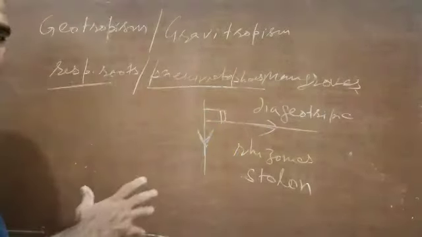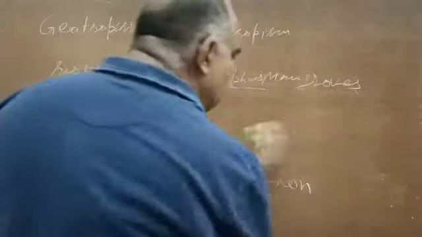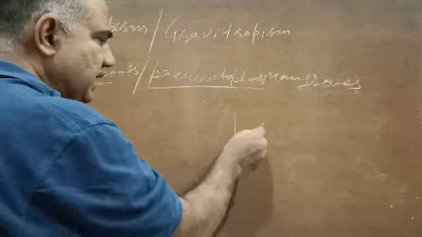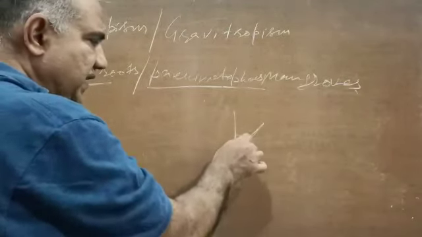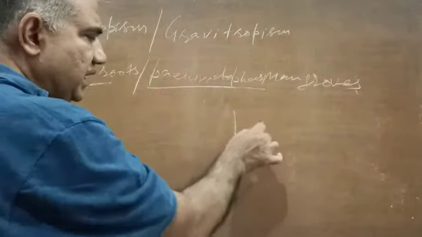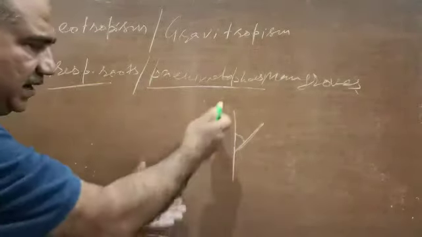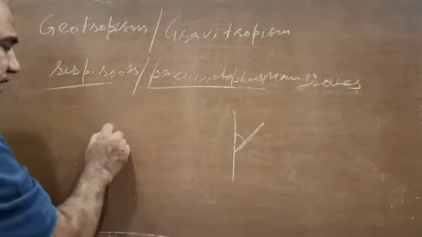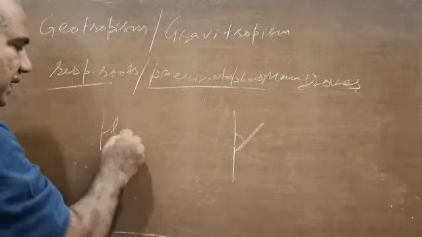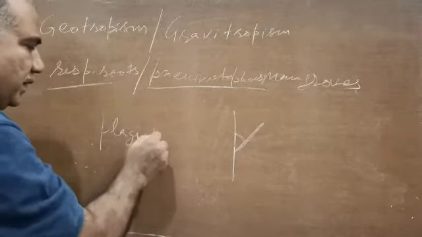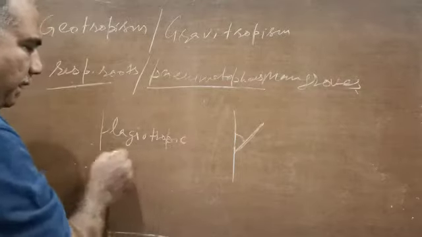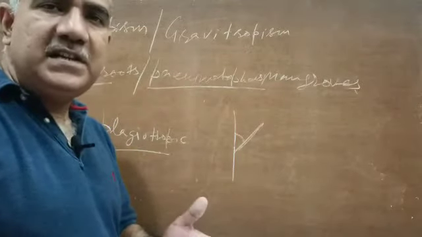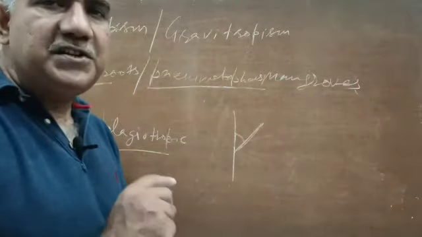Yet there is another type of movement shown by plant parts. When these plant parts make some angle with the vertical line, or they are acting obliquely, or are inclined at some angle with the vertical line, such movement is called plagiotropic movement. Such movements are shown by the leaves of the plants, the lateral branches, and secondary and tertiary roots.